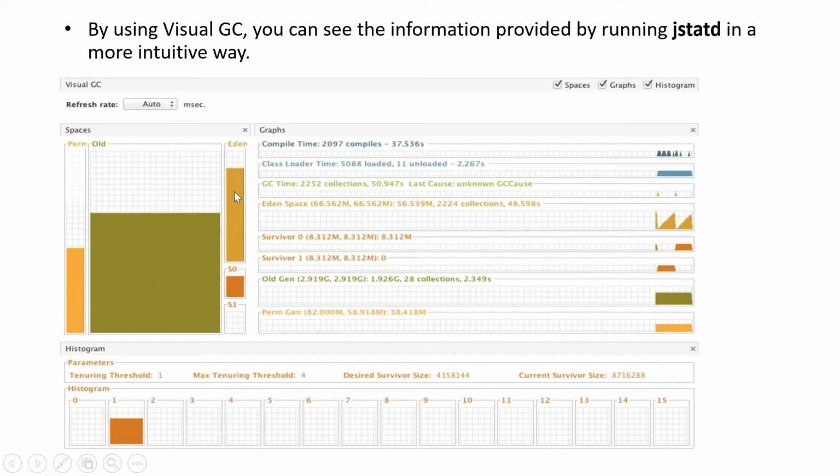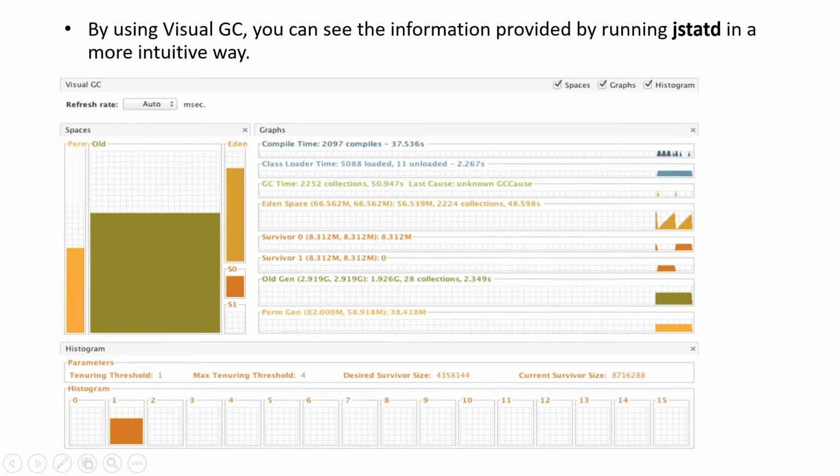The reason being that minor GC is more economical than a major GC, correct? Because minor GC will only run through your young space and collect the objects from the young generation. However, a major GC has to work through the entire heap space, right? It has to go through your young generation plus your old generation.